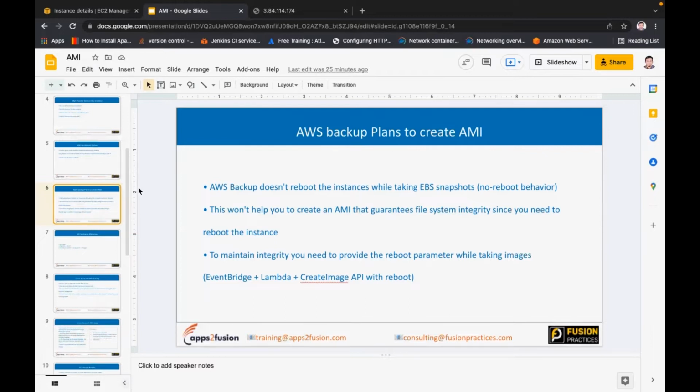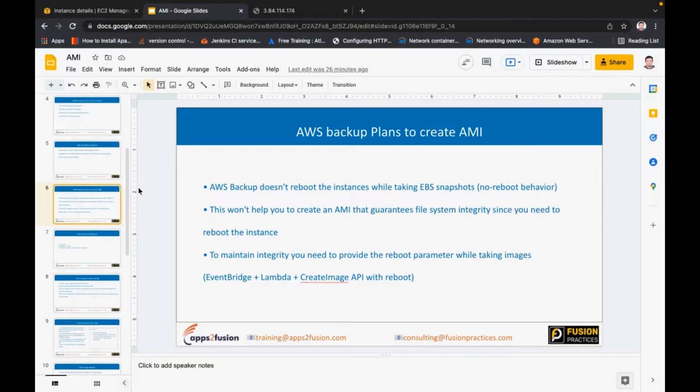So that's what happens. But let's say you try to take the backup. Eventually this AWS Backup will take the snapshot only, and to take the snapshot, ideally it should stop the machine first, and in the stopped state, when no application is writing on the disk, AWS should take the snapshot. But it is not feasible in a production environment. You cannot afford to take down those machines frequently.